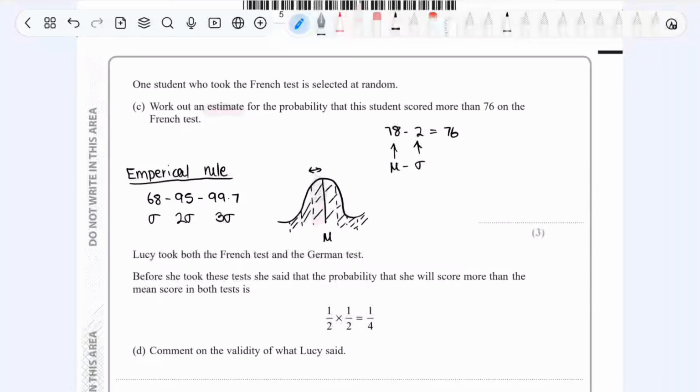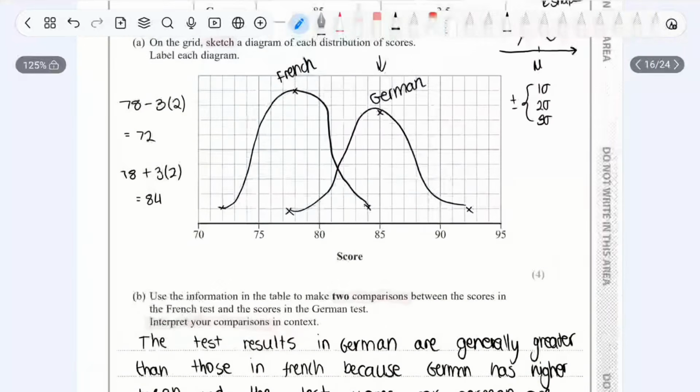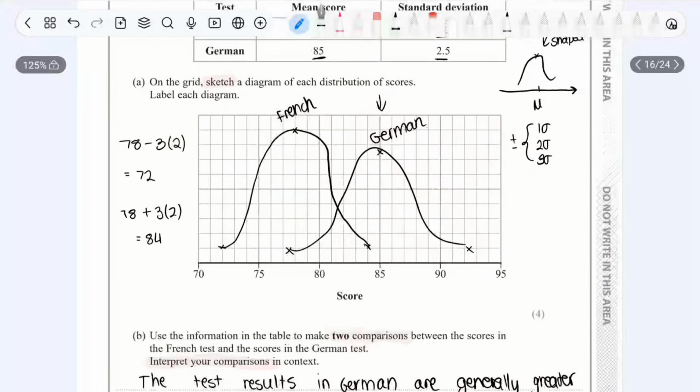Again, this will be an estimate. We don't know for sure that this student scored more than 76. Now that's key. If we look at our actual diagram here, where it might be better to illustrate, for French, it illustrates 78. 76 is here. So if I quickly just draw these dashed lines,